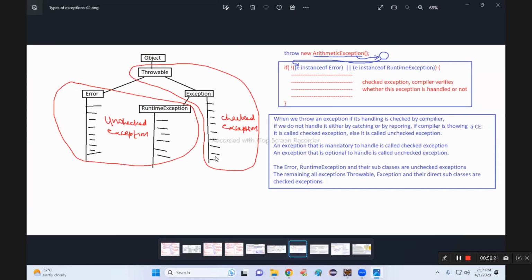In people's view, unchecked exceptions are good, checked exceptions are bad, because it's mandatory to handle. Why should I handle? I don't handle. If you don't handle, the project terminates abnormally. And some faculties are teaching you, strongly convincing you, that checked exceptions are bad. Unchecked exceptions are good. Then ask them,